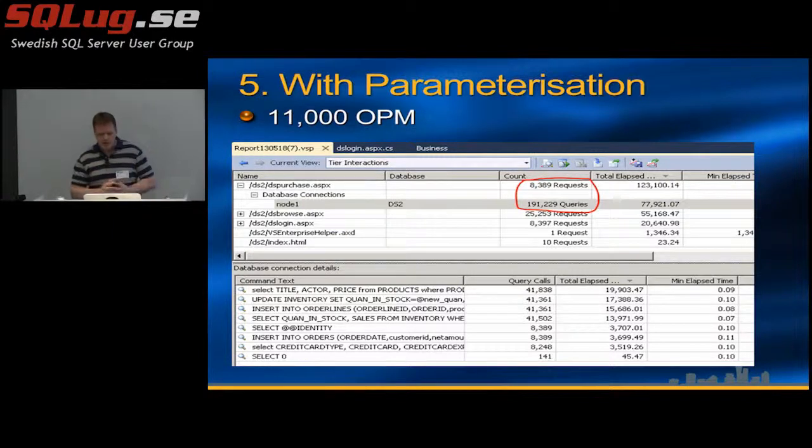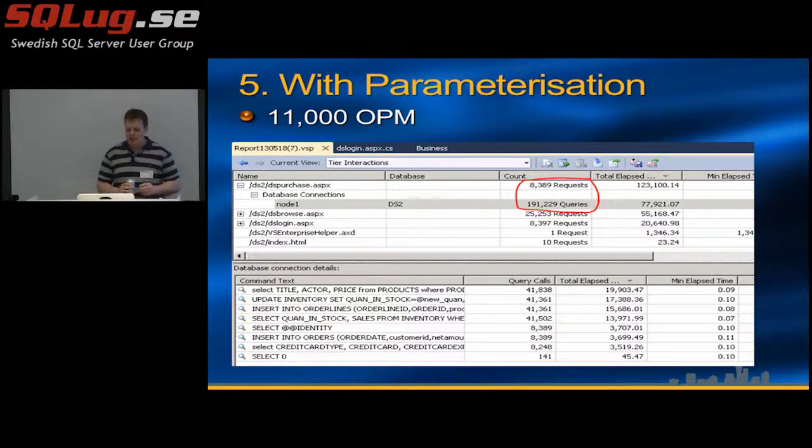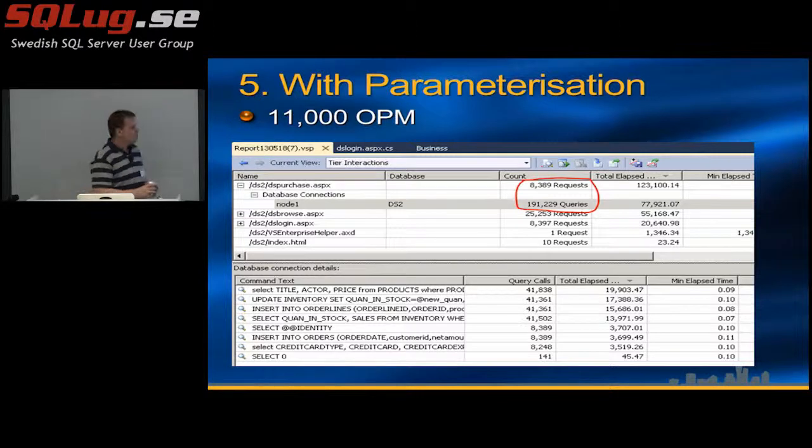the chattiness, right? Now I haven't run the Visual Studio Performance Analyzer that I showed you at the start, but if you remember, when I first showed you there was a screen called tier interactions, and it showed you how long it had spent in each of the tiers, right? Well, one thing that's quite interesting, and this is a warning sign, is if you look at the counts in Visual Studio Profiler, when we profile it from Visual Studio, we can see that when you purchase, there's 8,000 purchase requests, right? But the number of queries that generated was